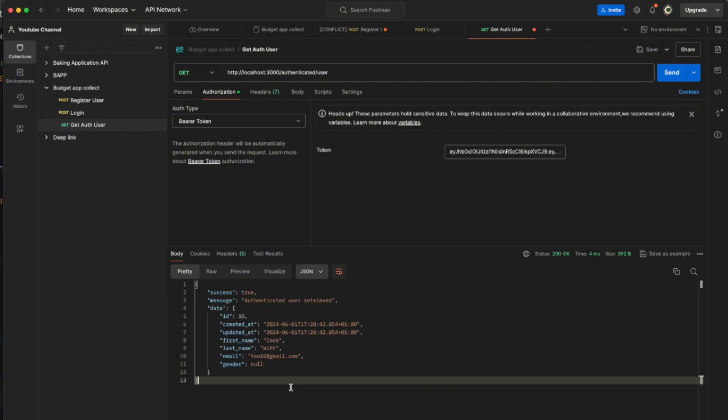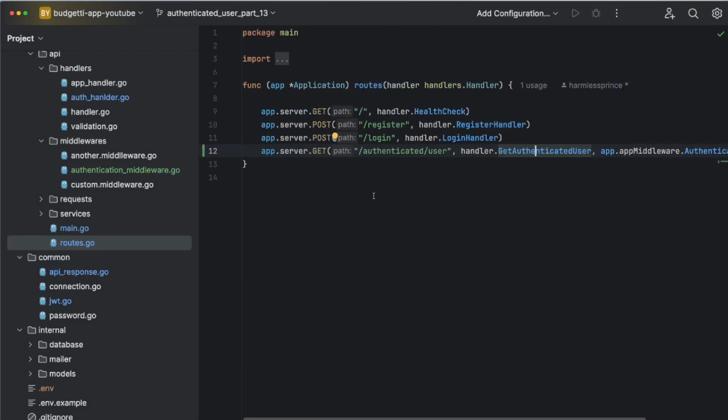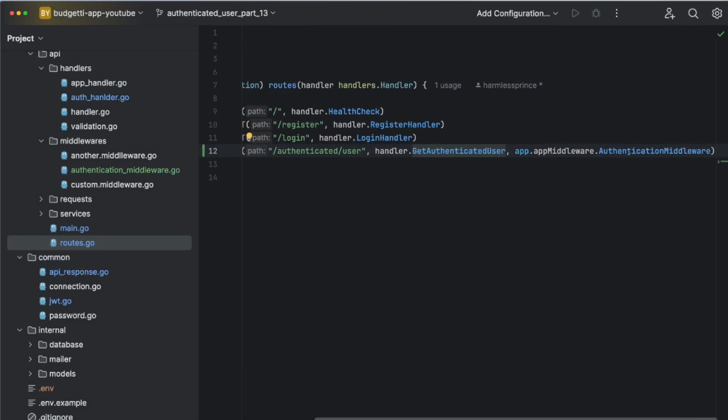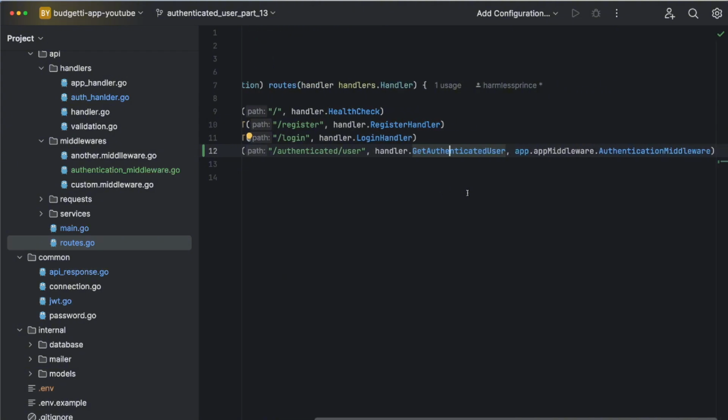I look forward to seeing you in the next session, where I will be teaching us how to group our routes. We are going to be using this authentication middleware a lot, and it will not be nice to replicate it everywhere we are trying to set the user to access an authenticated route. So in the next session, I'll be teaching us how to group our routes in a very nice way, so that our routes are properly organized. We are going to have public routes, and we are also going to have